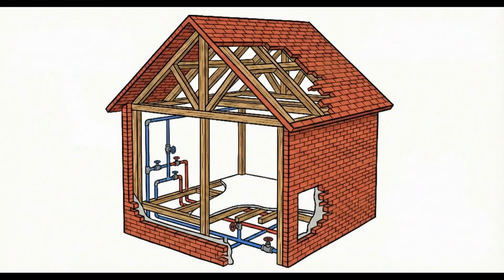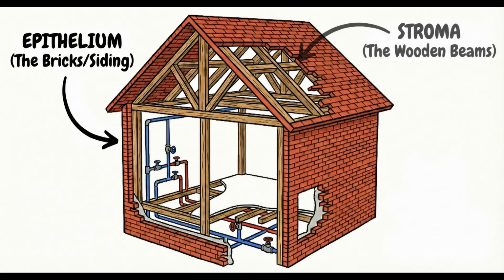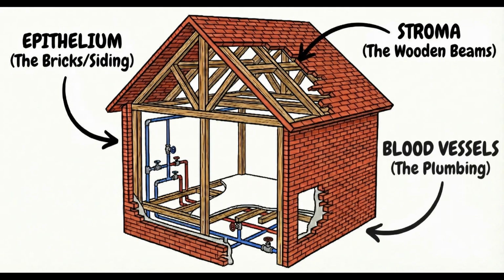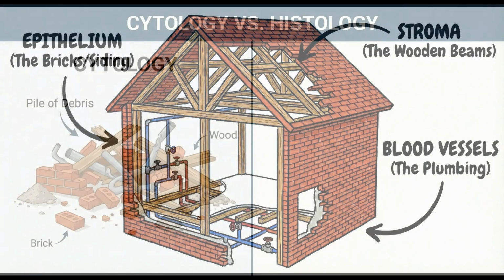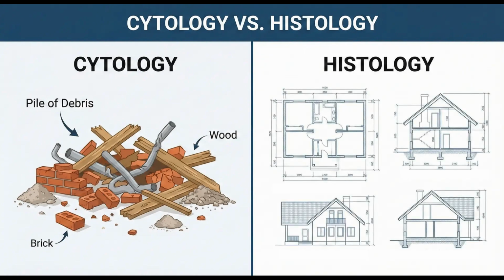Think of tissue like a house. You have the bricks, like the epithelium, the wooden beams as the stroma, and the plumbing as the blood vessels. Cytology, like a needle aspirate, is like looking at the debris after a storm. You might find a brick or a piece of wood, and that's useful, it can tell you something. But histopathology is looking at the house itself, and the house can fail in many ways, not just from structural